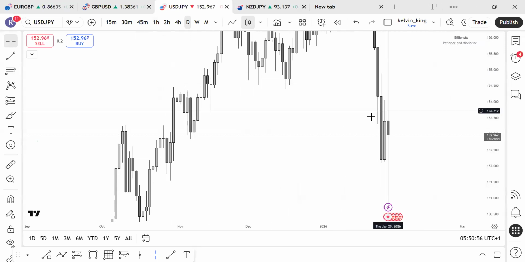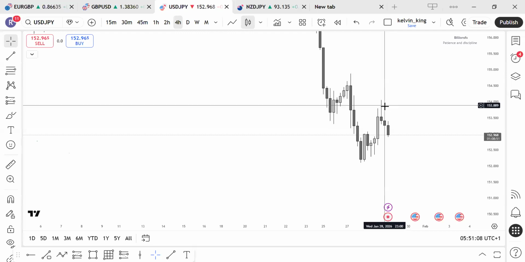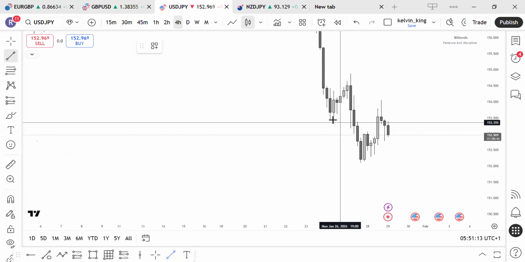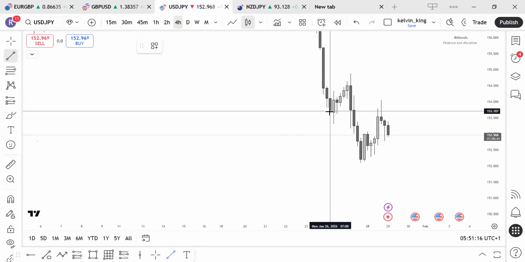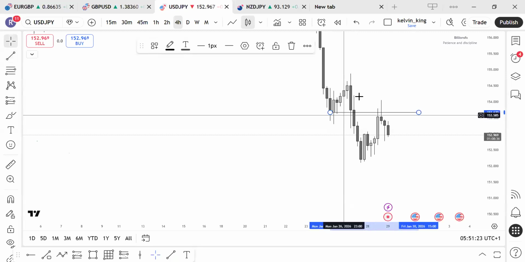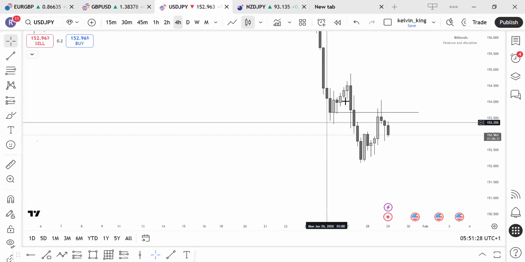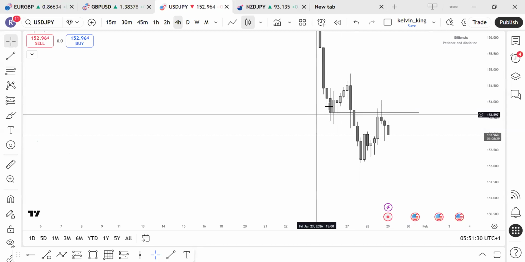What even happened here, was it 4 hours? Okay. So see what happened. This current sale that is happening on USDJPY, where did it come from? See that, it's from this open close level. But if you check that level, you are going to see that there is also a level with